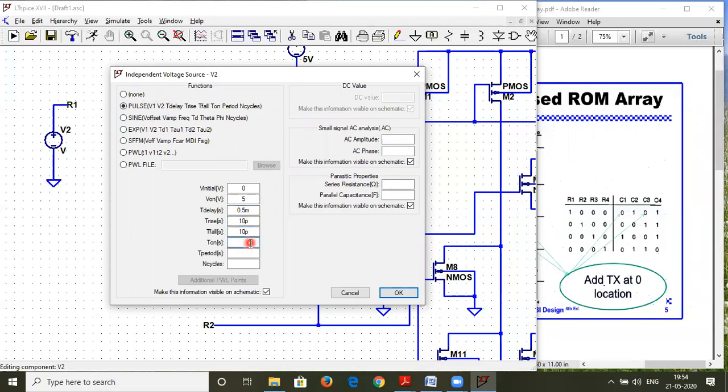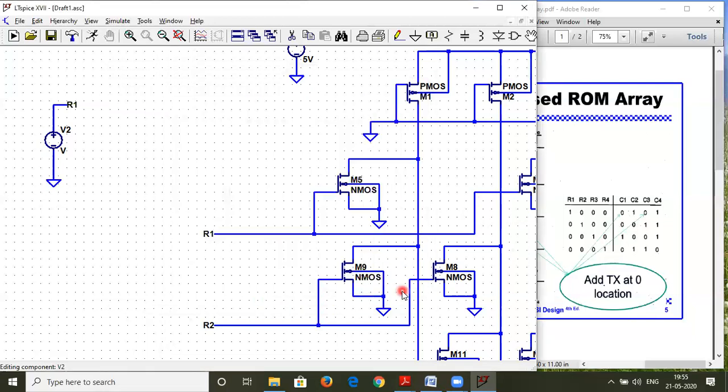And on time, we can give around 2.5 milli, and the period around 8 milliseconds. And I'll click on OK. So here we have it.